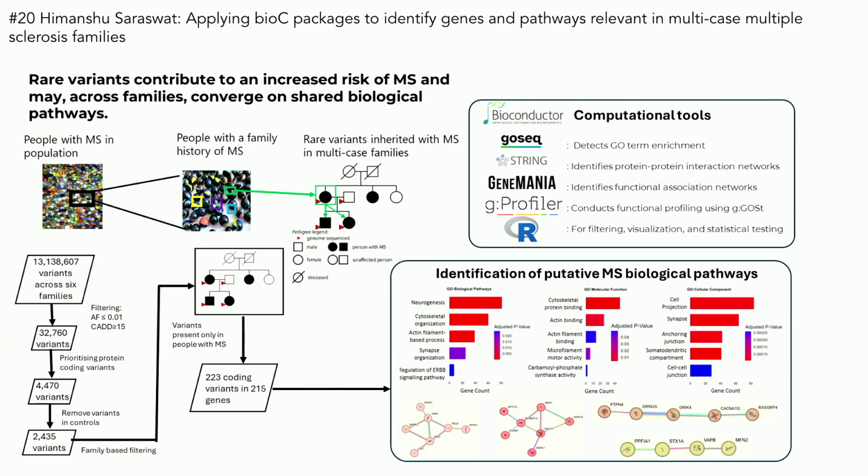genes. And then I used all these different tools, which I have mentioned there, to see if they are converging into any single pathway or multiple pathways, which we can look at further. So we have identified a few pathways which are related to neurogenesis, axon, and actin binding, and all these pathways have been implicated in one way or another with other neurological diseases, and it tells us that there is something in play regarding these things.